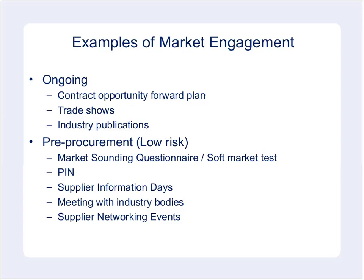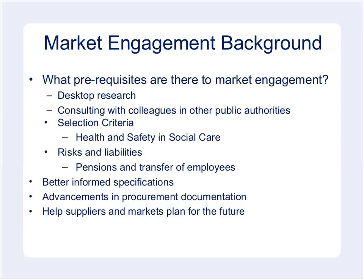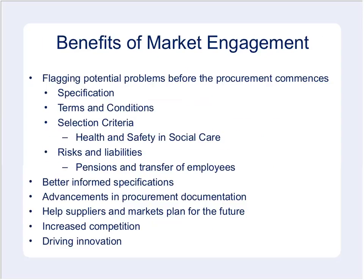So market sounding questionnaires or soft market tests, normally either a Word document or an online questionnaire through something like SurveyMonkey, asking the market about, well, it could be anything, but normally around the specification for the service, goods, services or works that you want to purchase. As I say, can focus on the procurement documents or really could focus on any of these areas that we identified back here. So specification, could focus on the terms and conditions. Even previously we have focused on risks and liabilities, so we've talked to people about, we've put questions in there saying,